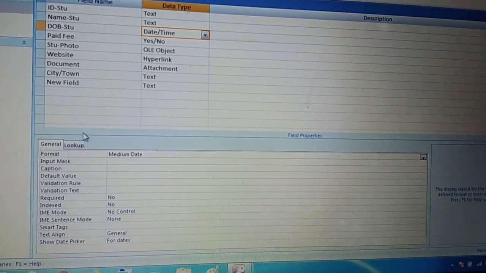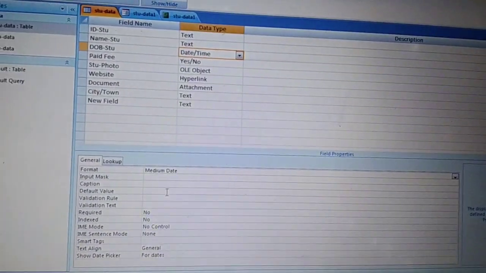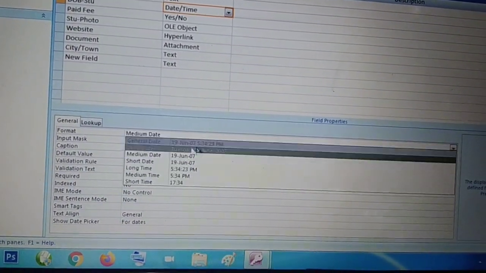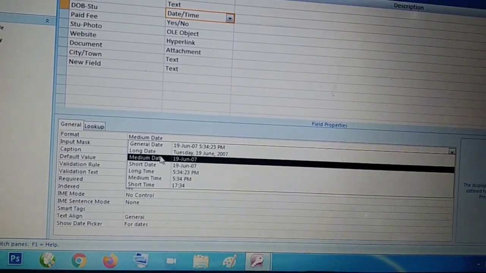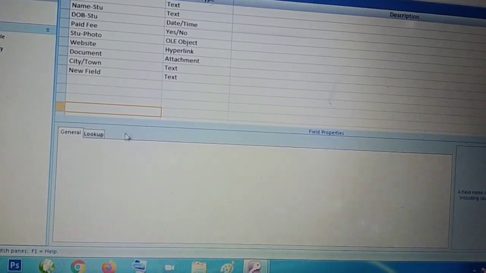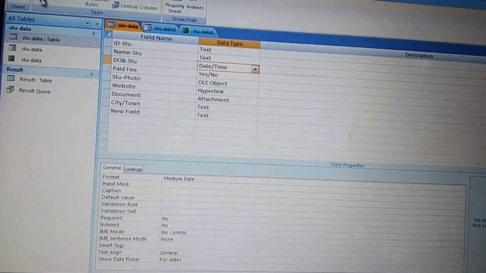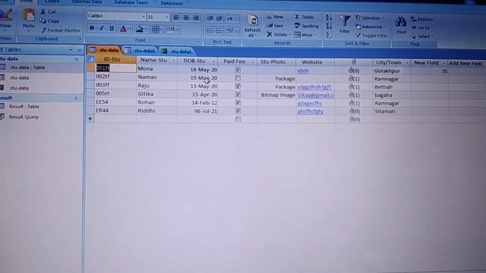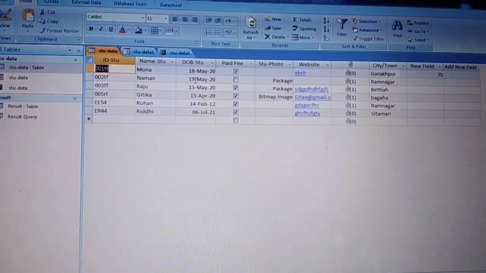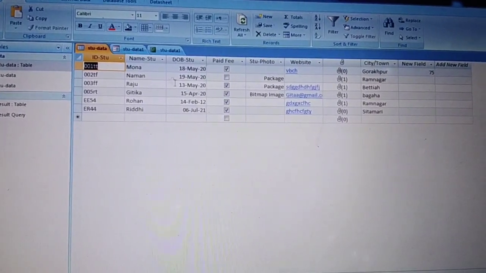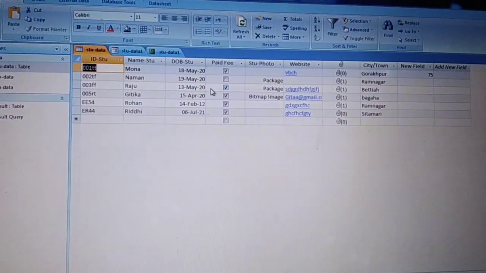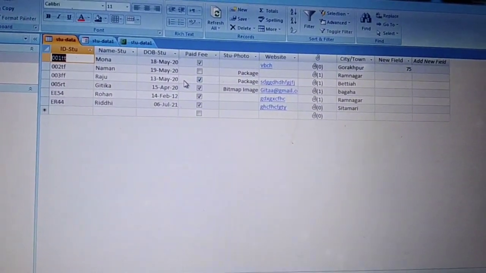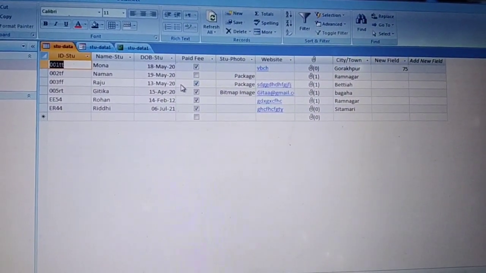These are the options you can select, out of which whichever is required according to your project, you can select. Again I will go to the design view. Now you can see here the dates which are available over here. This is the way you can select the dates. We will continue in the second part of this video, because this video is going quite long.